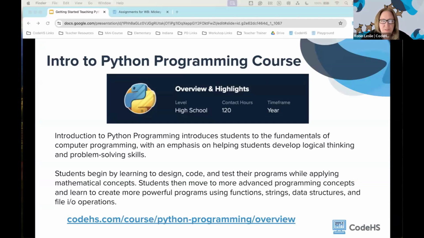It is 120 contact hours, and it teaches students Python. It does start teaching Python using our mascot, Karel the dog, and then it works through and gets you into the console. There are some really cool projects located throughout this course as well. And so this is the course that we recommend for teachers who would like to do an intro to Python course with their students.